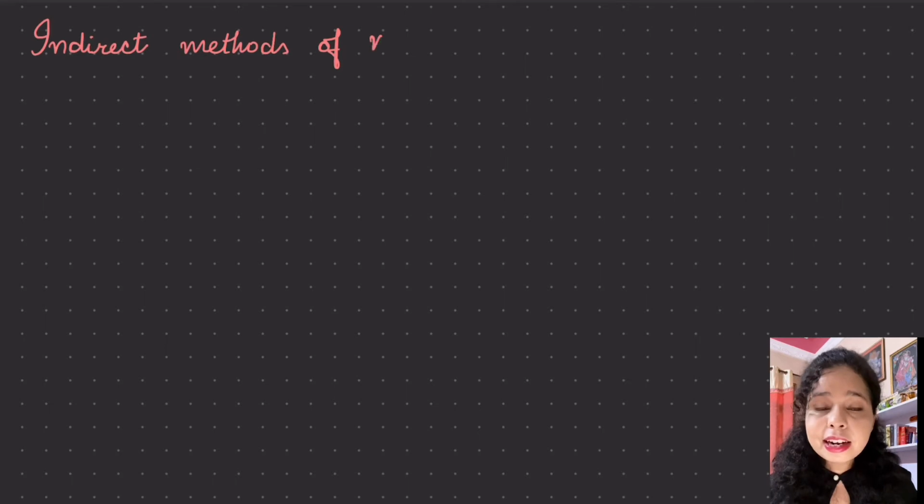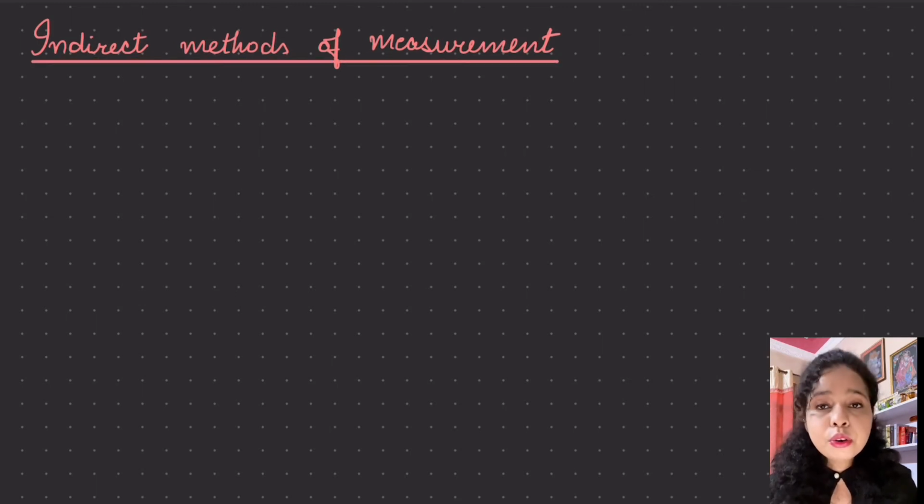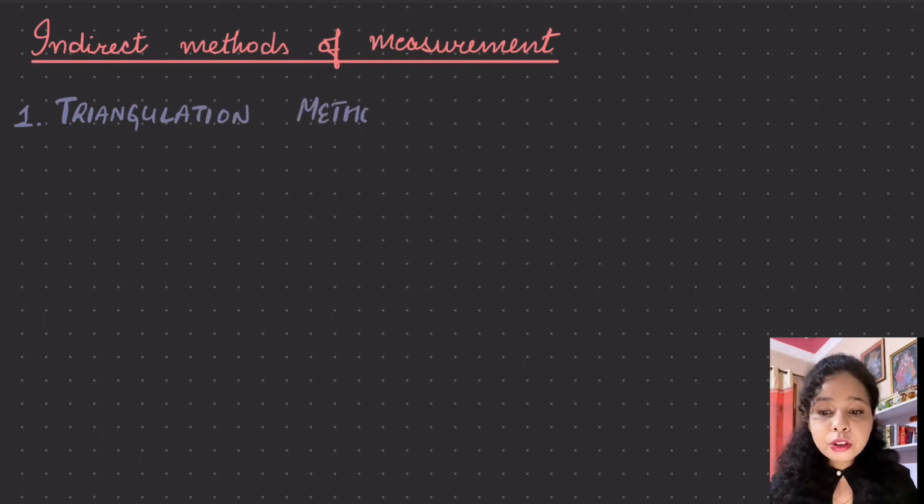Today we will also talk about the indirect methods of measurement. So the only method which I will discuss today is the triangulation method. So this triangulation method of measurement of length, that is to measure the height of the buildings, is used in 2 ways, because we can use this method not only to find the height of the building to which we can have an access, and we can also use this method in order to find the height of the object which is not accessible.